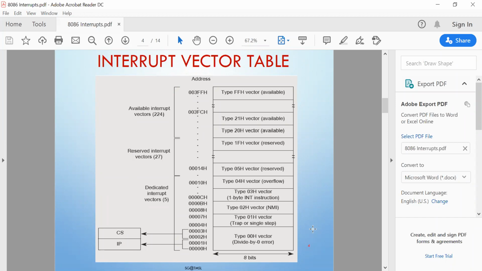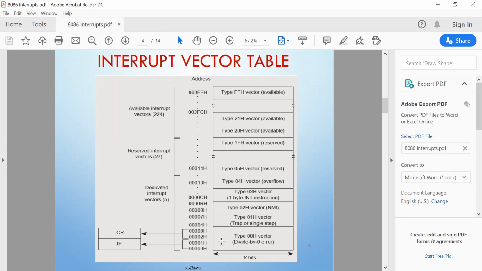Now when it is going from the main program to the ISR program, the ISR has some segment address and offset address. It must be stored somewhere else. Those are stored inside this IVT, the interrupt vector table, in this way. Here the ISR IP will be stored first. Suppose IP is 2000 and the segment address is 4000. First the 2000 will be loaded using memory address 00000: the 00 will be stored, and at 00001 the 20 will be stored.